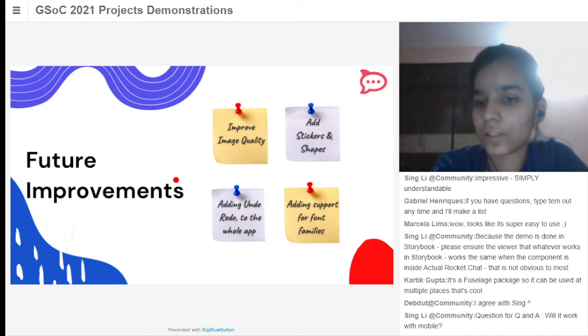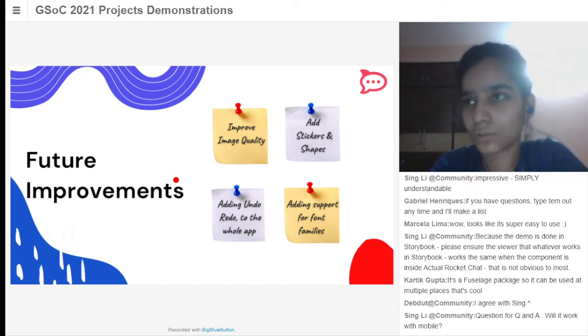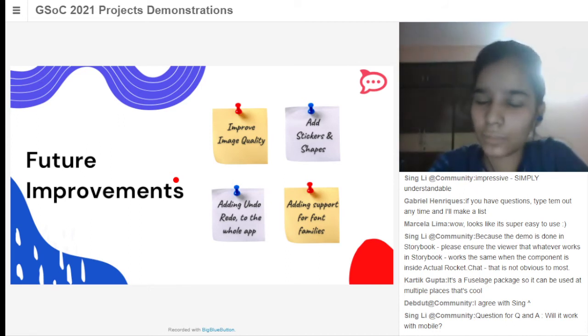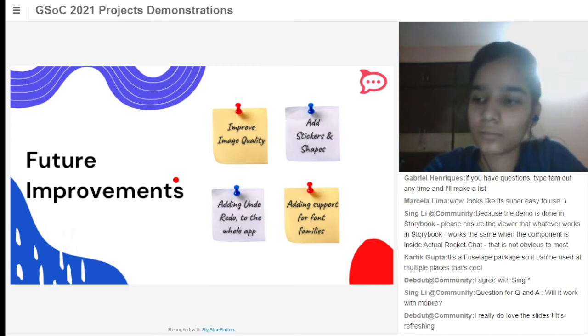First of all, improving image quality. Right now, when we are rendering the image onto the canvas, or changing the canvas to the image URL, we are degrading the image quality a little bit. We can fix that by optimizing the rendering layer, or we can refactor this app.